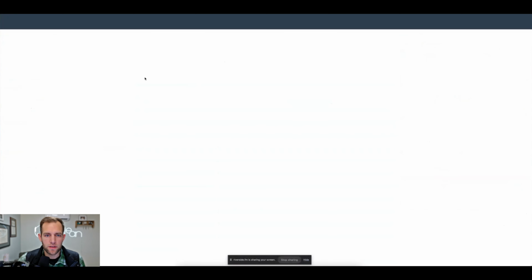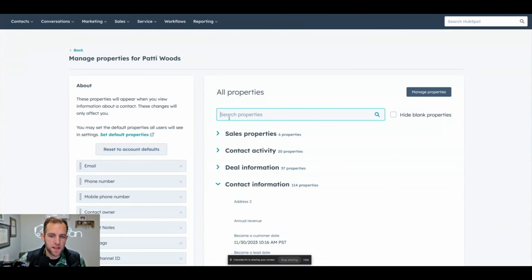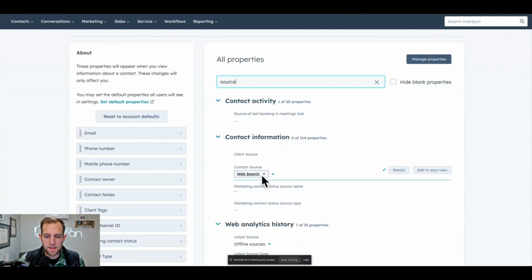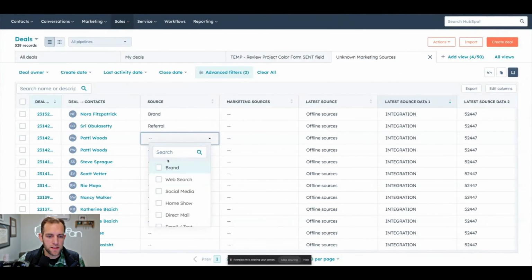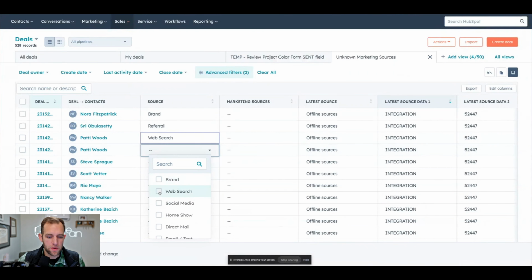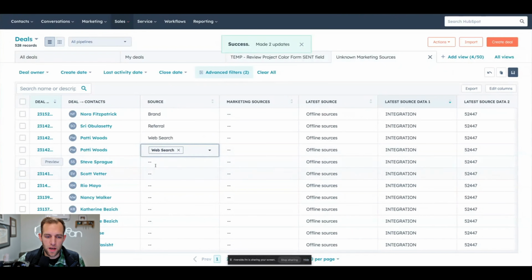So I can go in here once again to view all properties, type in source, and I can see the contact source was web search. So this one we're going to put in as web search, and Patty's both here. So now we've got two more web search leads that we just identified. But that's the process here,